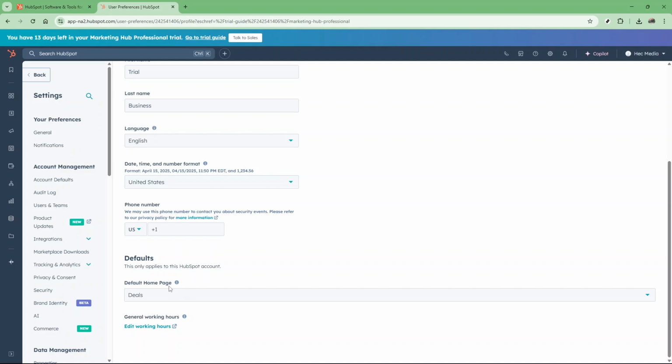By following these steps, you'll make sure that each time you enter HubSpot, you're greeted by the page that matters most to you, improving the efficiency of your